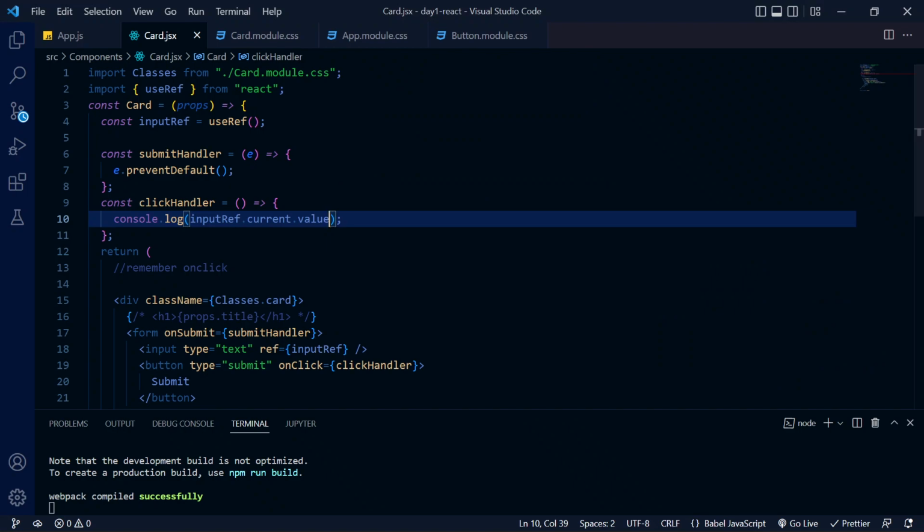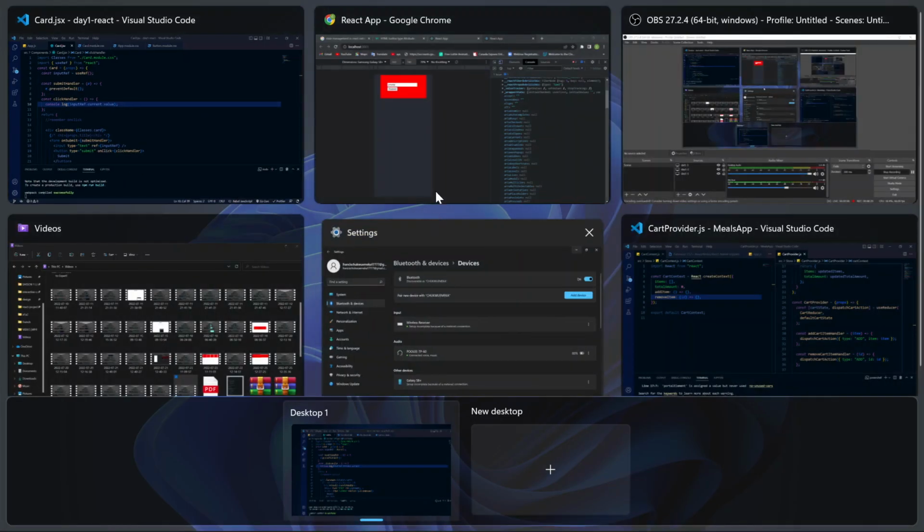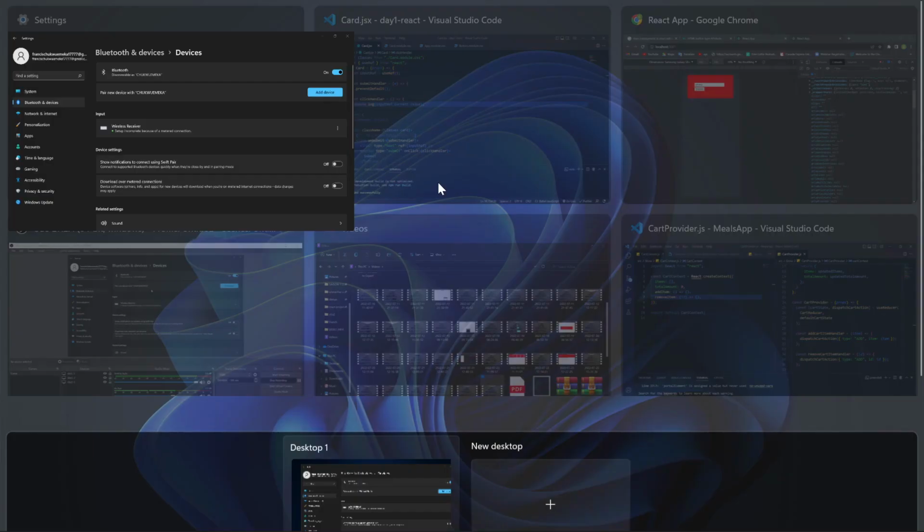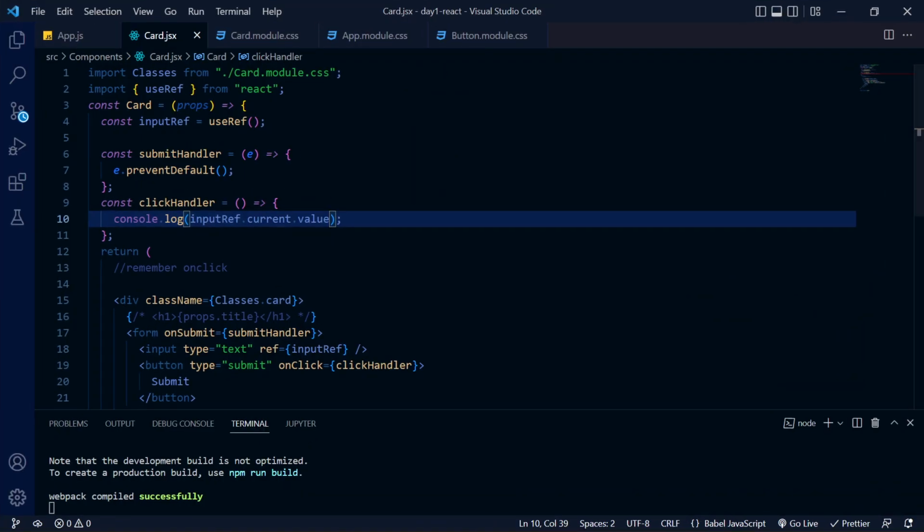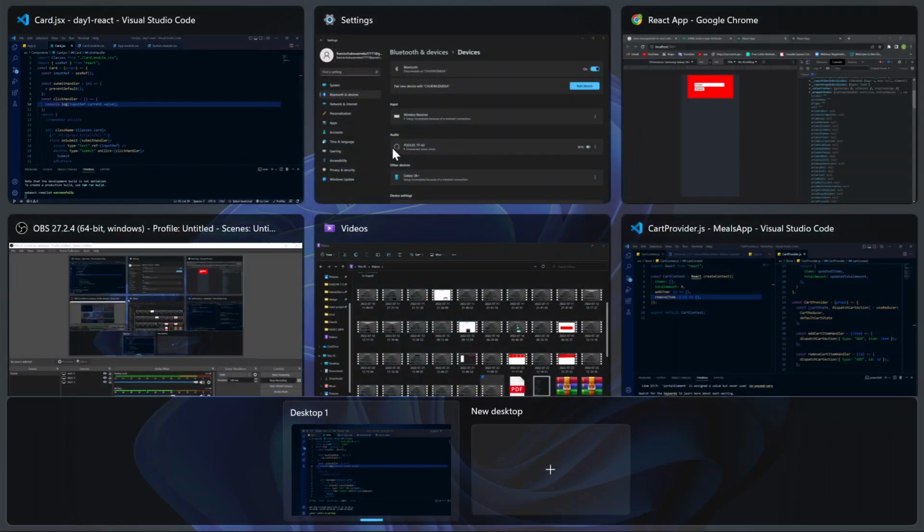But the difference between use ref and use state is that with use state, if you use an onChange handler, the onChange handler will be called every time something inside this input changes. But this click handler is only called when the button is clicked. So what that means is that